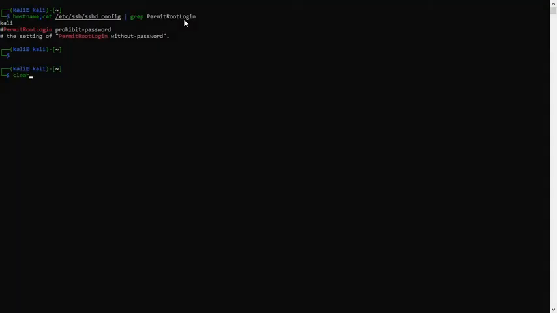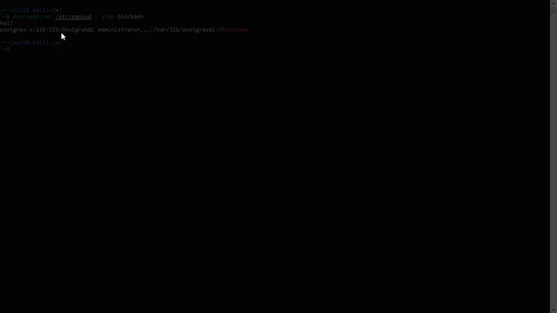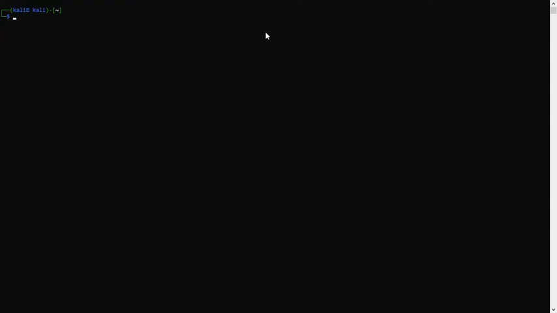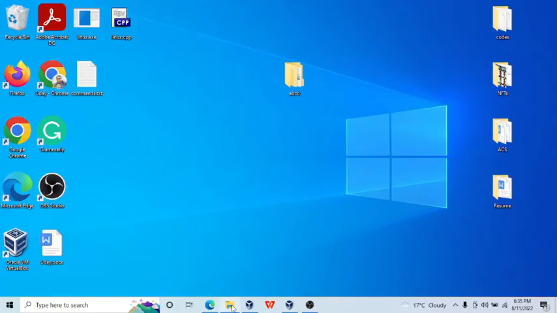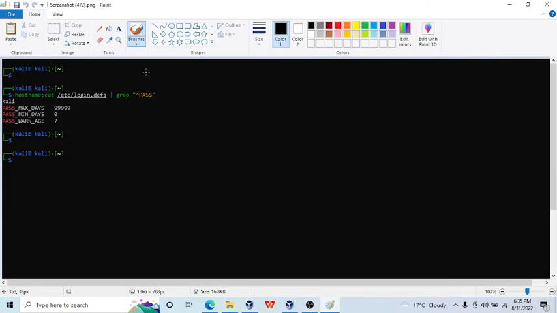Previously it was checking for all the users in the machine, sorry for that. It is checking, since it's not a home user, why the service is having the bin bash kind of thing. So now let me exit the screen, guys. As you can see, all the screenshots are created in this folder. Now you can view them one by one, and this is just a pilot project, guys,